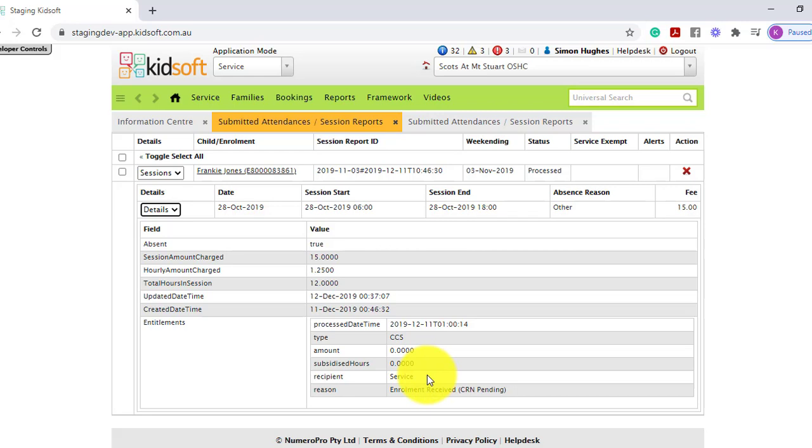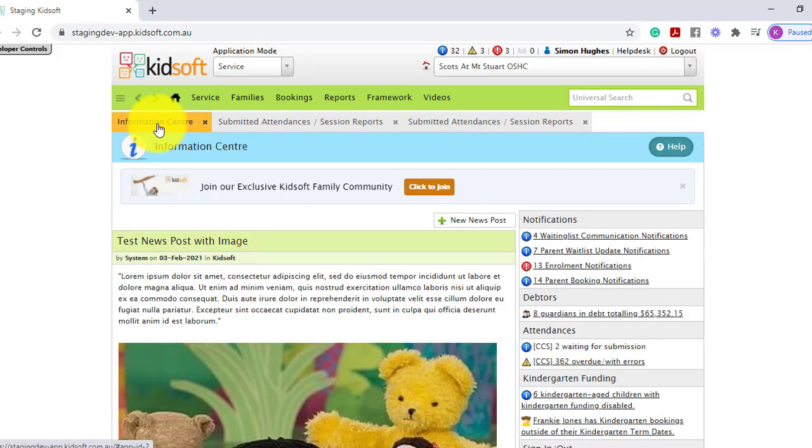If CCS has not been paid, it will supply a reason. So for example, the enrolment is in a receive status, they have reached their 42 absent days, they have exhausted their activity hours, etc. For further information on how to view the submitted attendances session reports, please do not hesitate